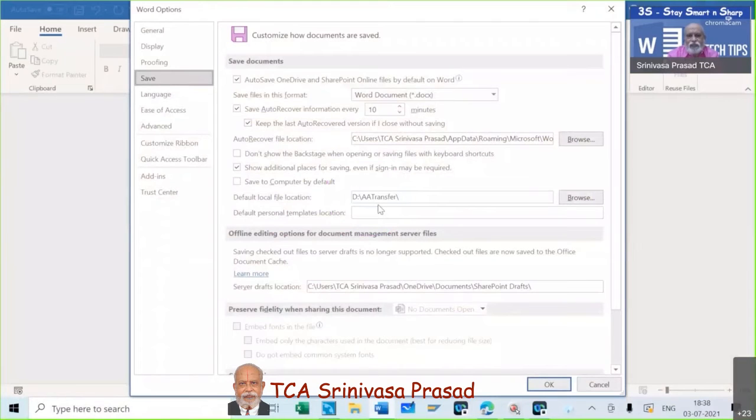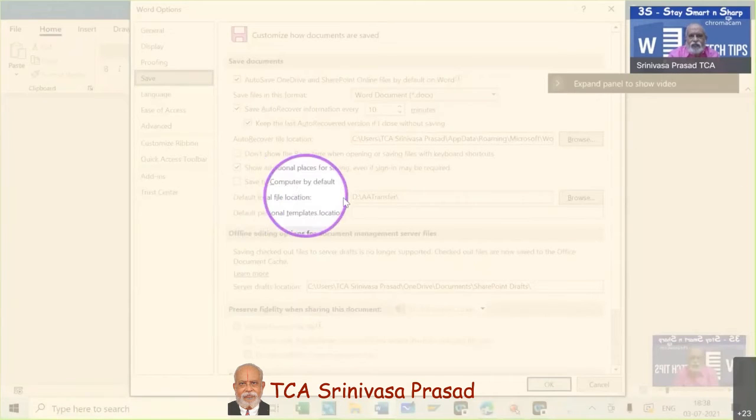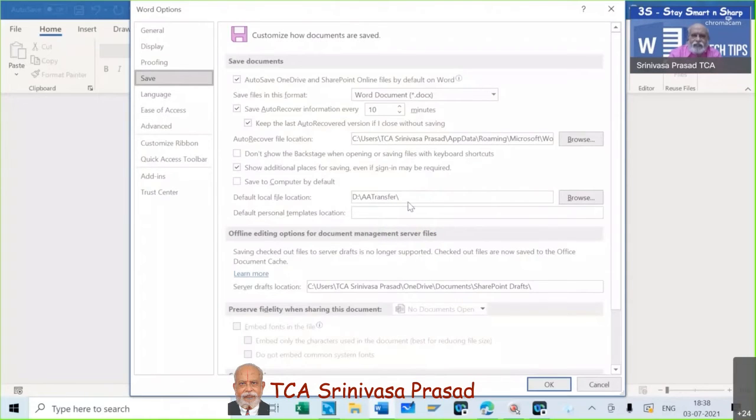You can see this place again. I am showing the default file location. In my case, what I have done is I have created a temporary folder for my working on a day-to-day basis. I have made it as D:AA transfer. The default option will be C:documents. Am I right? My documents. Many of you would have seen that every time you will have to go and open My Documents. In my case, it will directly open from AA transfer, from a particular file,